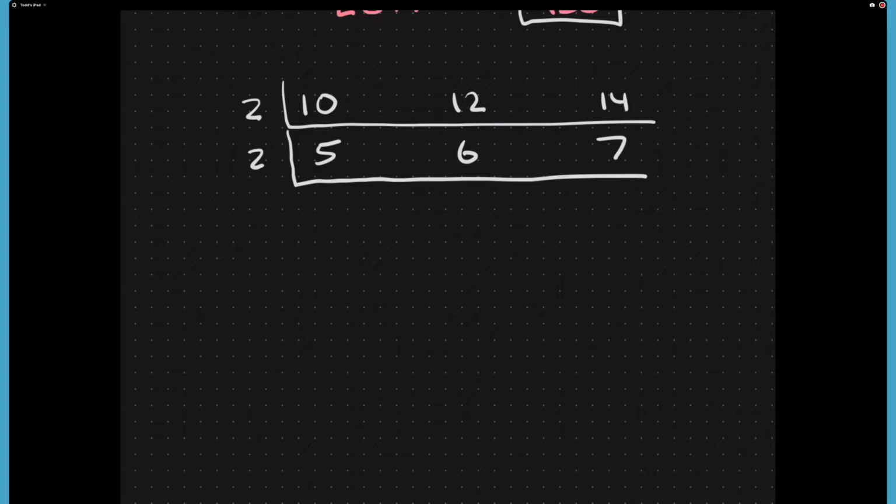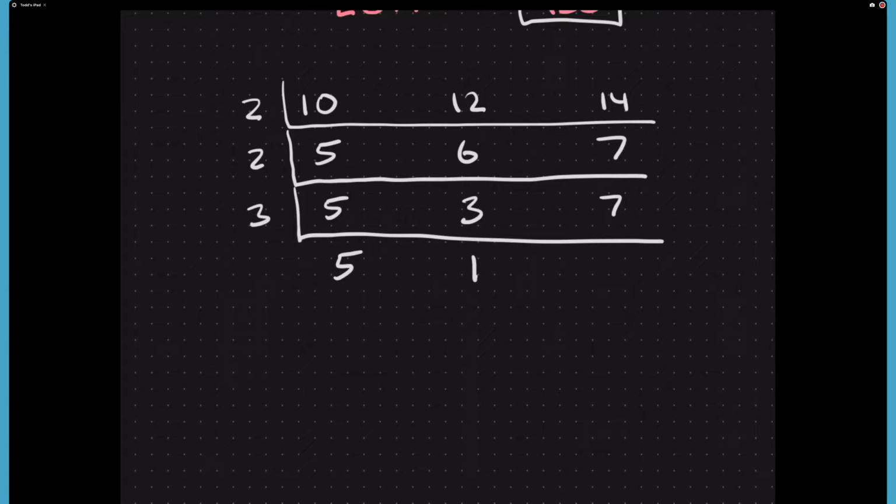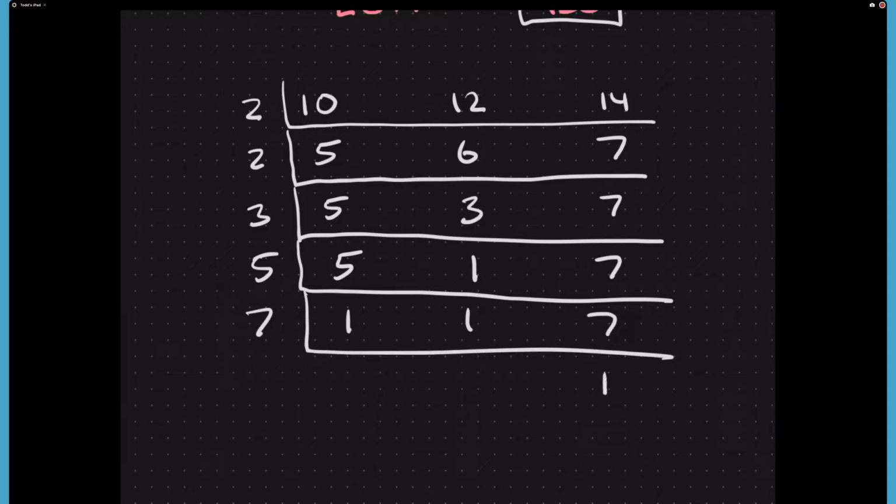So 2 can divide into 6, leaving us with 3. It can't divide into 5, so we'll just put the 5 right on the line down there, and it can't divide into 7, so we'll just bring that 7 down as well. Another prime number that can divide into at least one of these is going to be 3, which will divide into 3 one time. It won't divide into 5, and it won't divide into 7. I'll do this again. 5 will divide into 5, leaving us with 1. I'll bring that 1 down and bring the 7 down, and finally 7 divides into 7 one time,